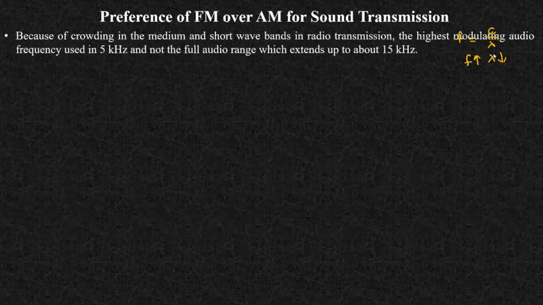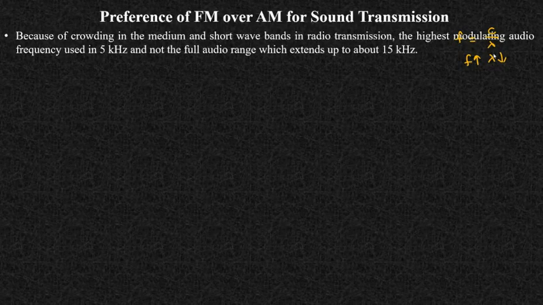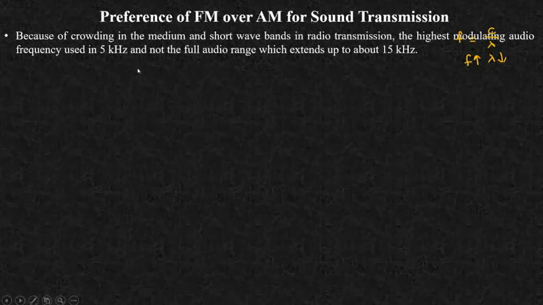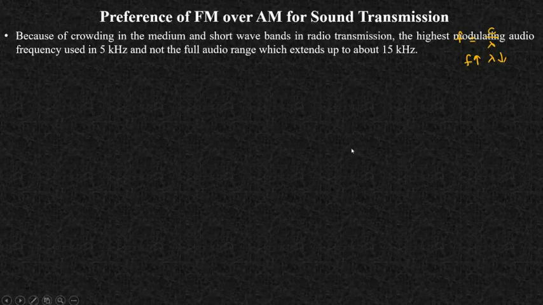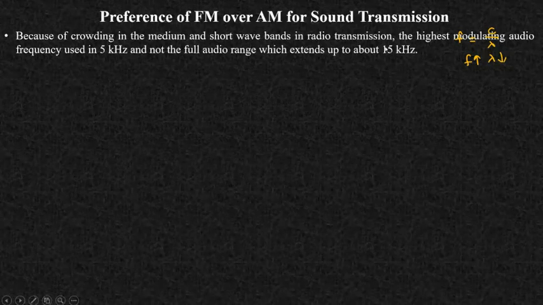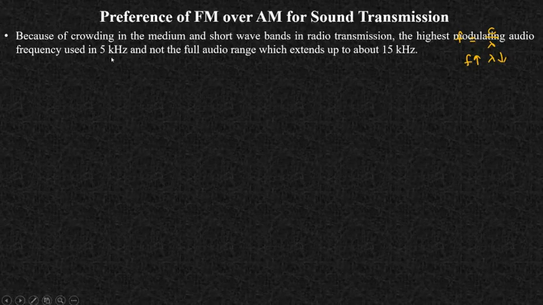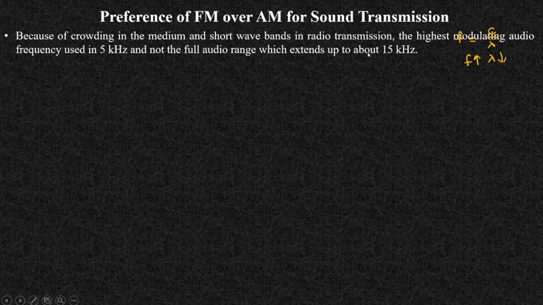Now we'll talk about why frequency modulation is used for audio and why amplitude modulation is used for video. We could do the opposite also: हम लोग एम्पलीट्यूड मॉड्यूलेशन ऑडियो के लिए यूज कर सकते थे, फ्रीक्वेंसी मॉड्यूलेशन वीडियो के लिए, लेकिन हम लोग are using frequency modulation. सो व्हाई? The first reason is because of crowding in the medium and short wave bands in the radio transmission. The highest modulating audio frequency used is 5 kilohertz,